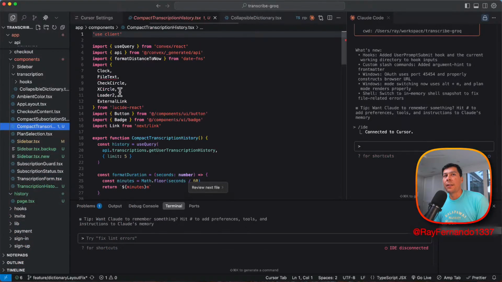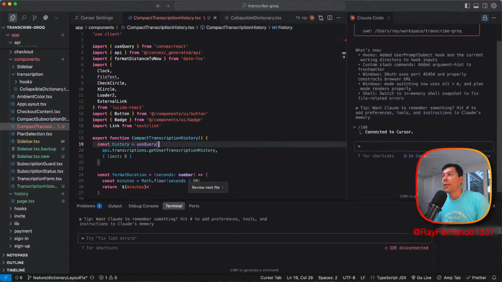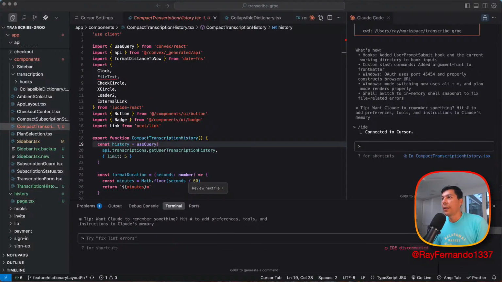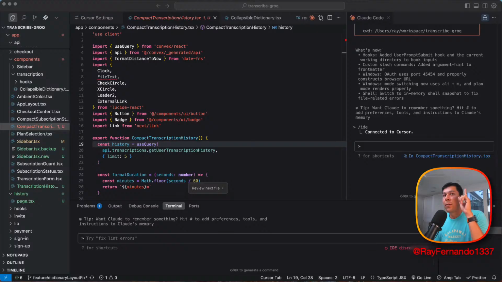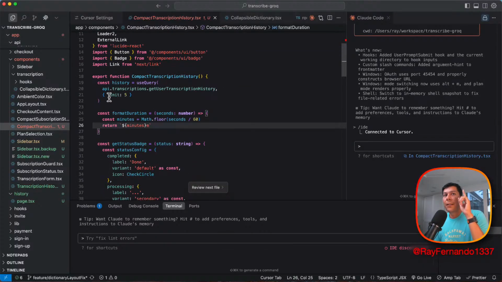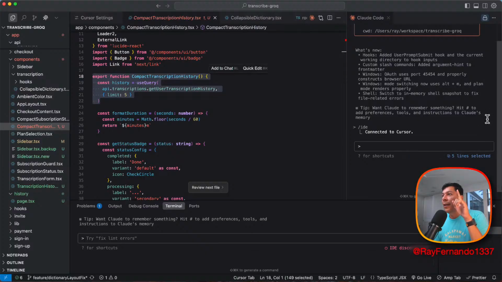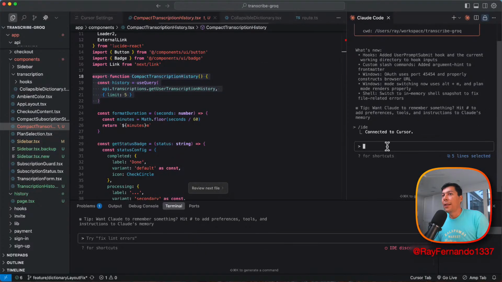You can select anything, and you can actually see that the file name comes up in the listing right here, right above me. So if I select these like 3 lines of code, or if I select this thing, it'll say there's 5 lines selected. And then I could just say, can we change the limit to whatever? And it'll just do that type of iteration for you. So that's what's cool about the integration.